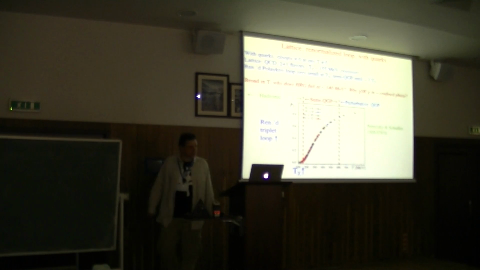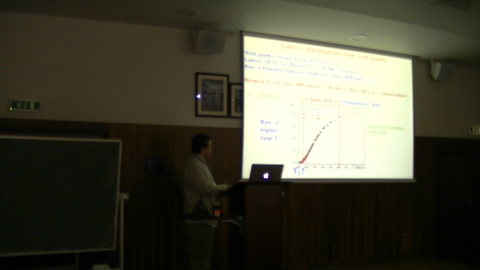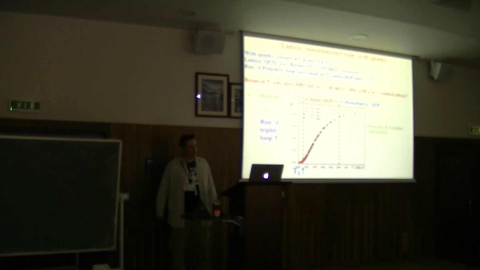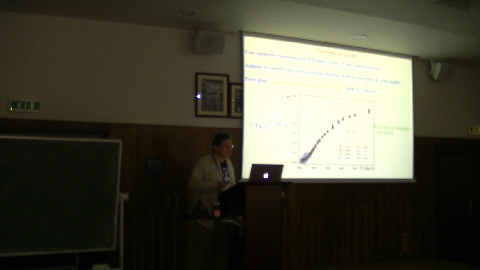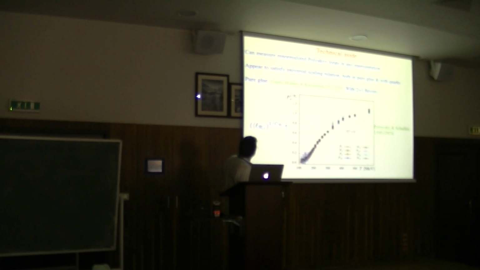But there's clearly some region in which you have a partially deconfined phase, and this is going to be the subject of my talk shortly. I forgot, in answer to the question about adjoint loops, in fact, you can show this was first shown